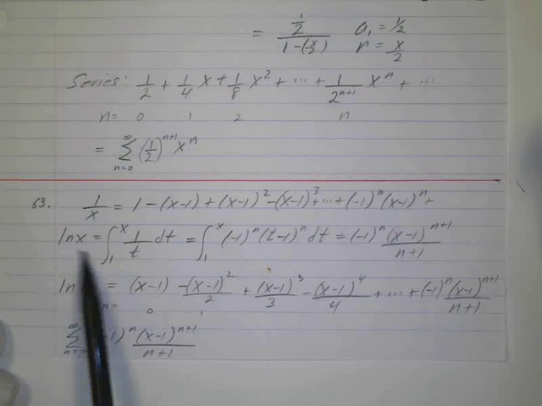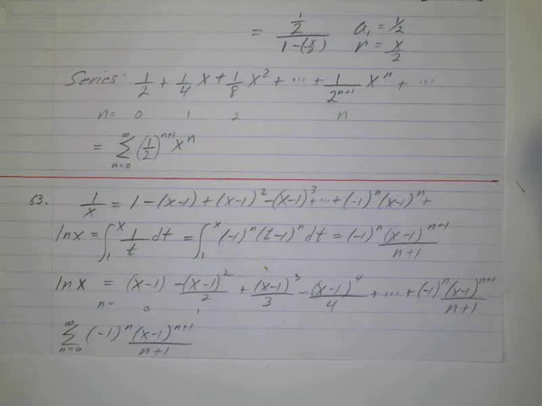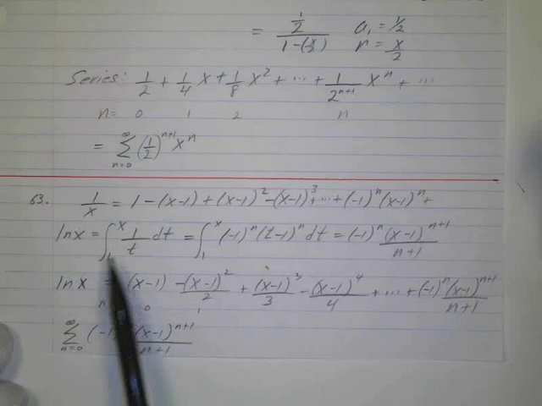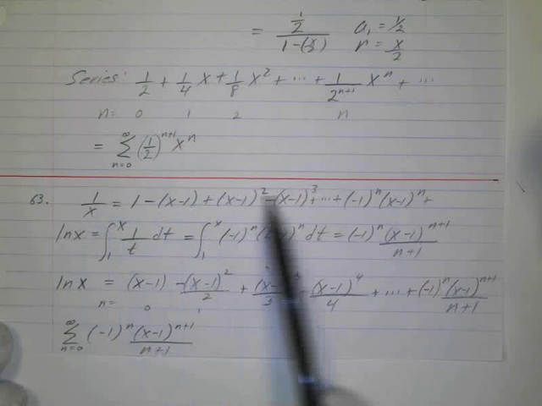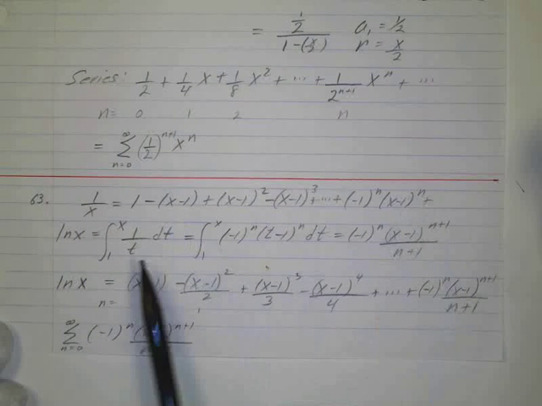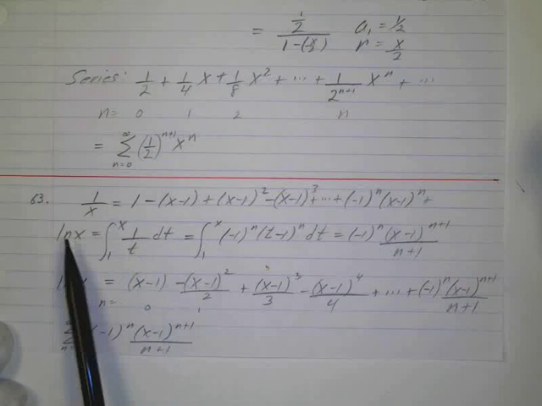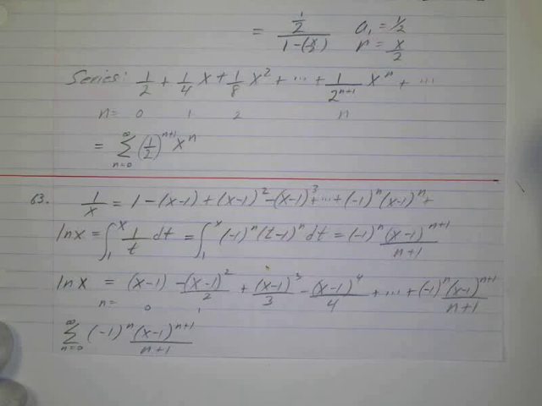And we know that the natural log of x is the antiderivative of 1 over t, right? The derivative of the natural log is 1 over t. So we'll just take the antiderivative of this. The antiderivative of this will also be the series for the natural log of x. So I'll take the antiderivative of both sides, so to speak. If I take the antiderivative of this, I get this. And then if I take the antiderivative of this,